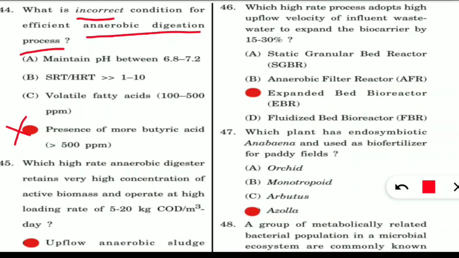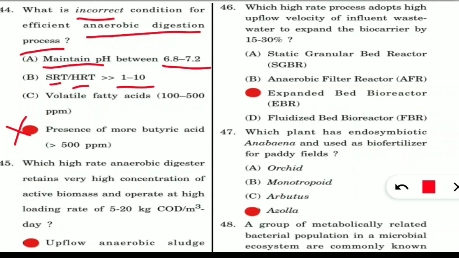So no need to go and see the options first. First we will know what the correct conditions are for efficient anaerobic digestion. First is maintaining the pH between 6.8 to 7.2, almost near neutral condition. SRT by HRT should be greater than 1 to 10, and here you should know what SRT and